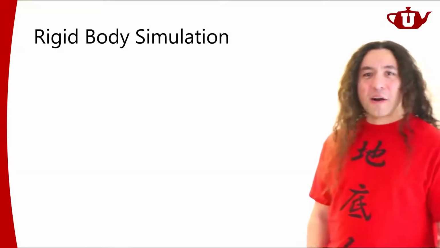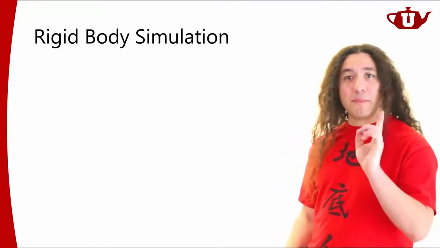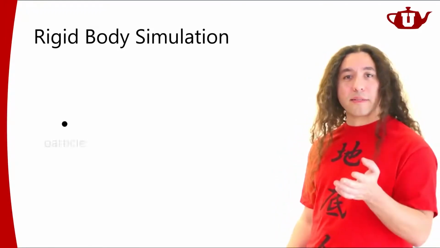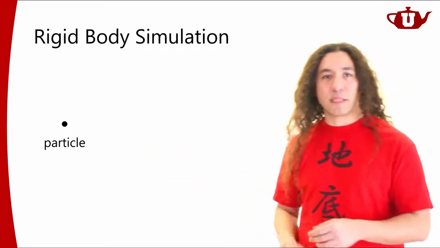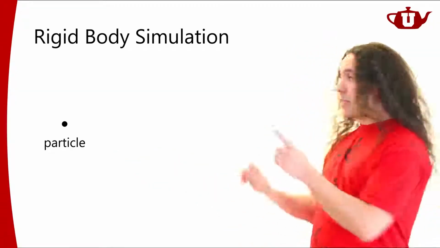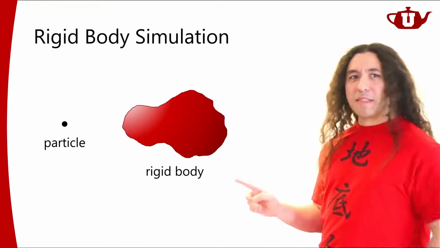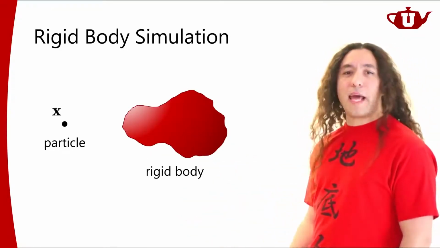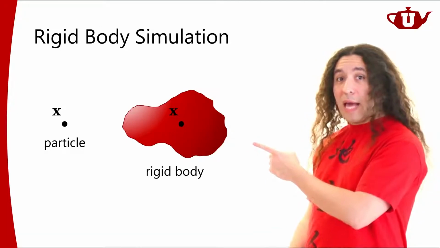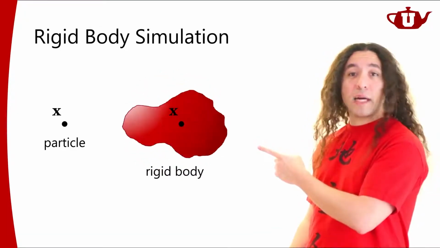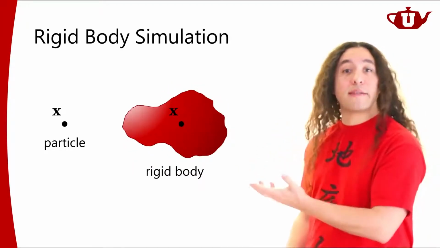Right. So we talked about mass spring simulation, not rigid body simulation. And with mass spring simulation, we had particles, right? Each particle had a mass, and they were point particles. That's what we had with mass spring simulation. With rigid body simulation, instead of particles, we have rigid bodies. And they're a little bit different, right? A particle has a position, and that's it. But a rigid body has a position, and it can also rotate around that position, right? So I need to know not just its position, but also its orientation.